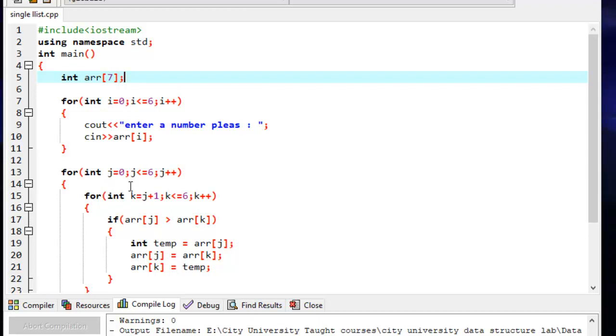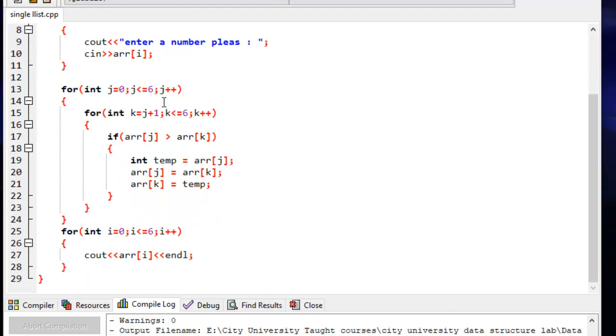Okay, you can see that j is equal to 0 at the position 0 element, and this k is at the position of one element. That is, j is equal to 0 and j plus 1 is at position 1. Next time this will be 1 and this will be 2, and so on.